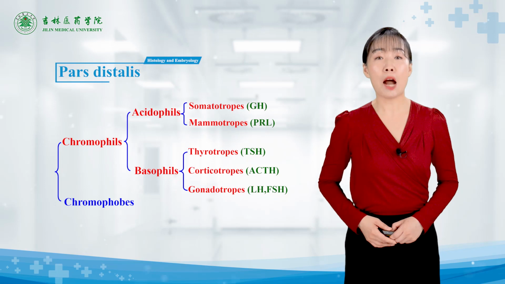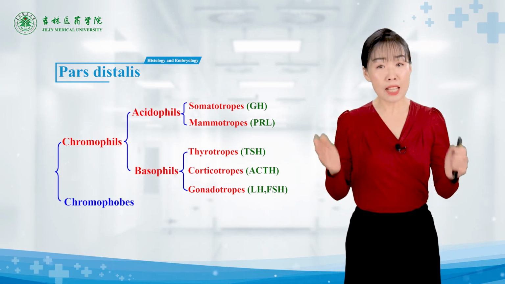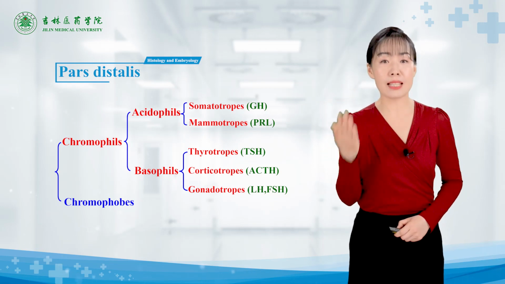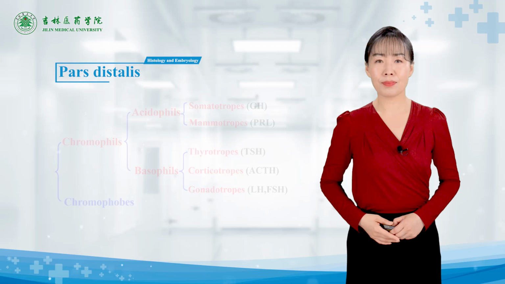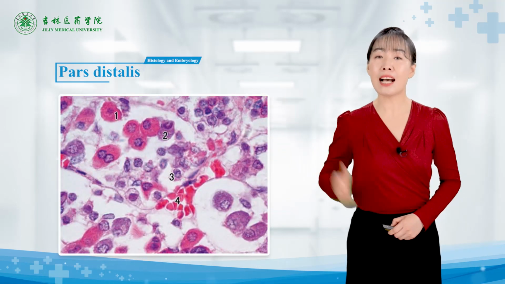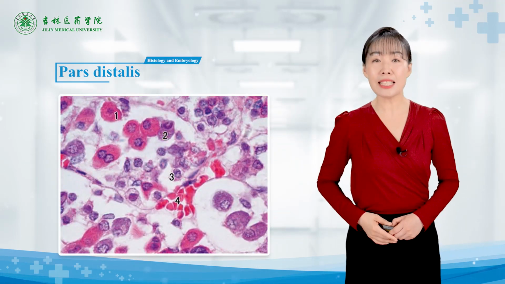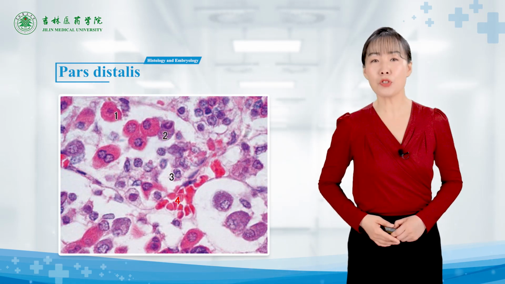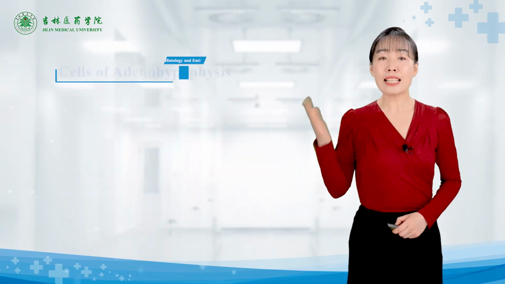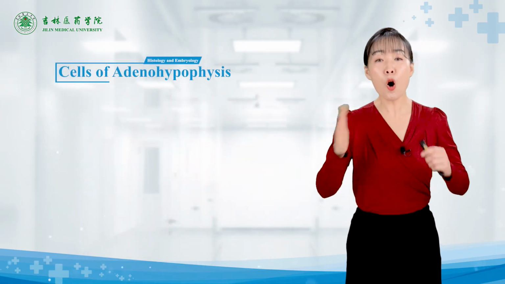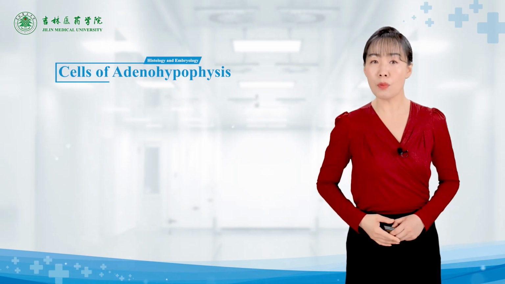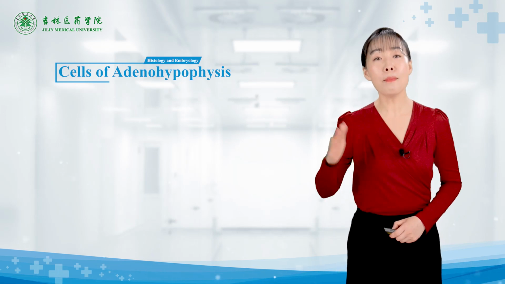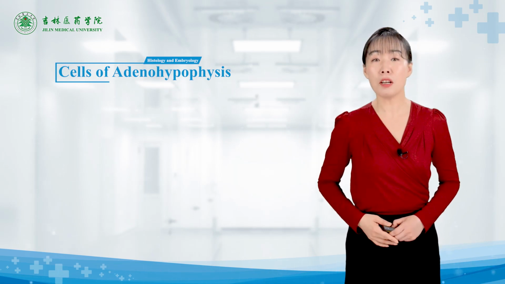Chromophils are the emphasis. The subtypes of acidophils and basophils are named for the hormones they produce. In this picture, 1 is acidophil, 2 is basophil, 3 is chromophore, 4 is sinusoid. The cells of hypophysis all belong to nitrogenous hormone secreting cells. We will learn chromophils one by one. First type of acidophils,